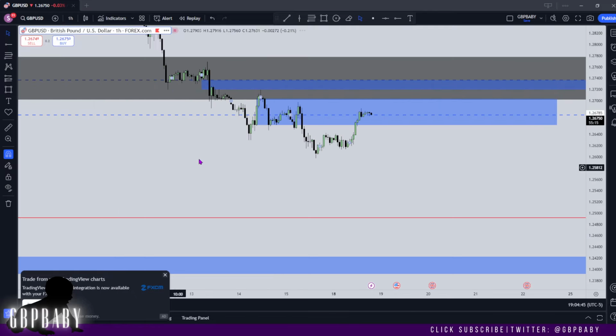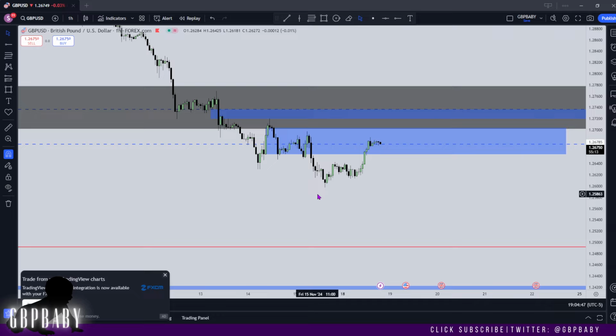So yeah, pound traded just as we expected this week. I am expecting us to rally a little bit more, maybe see a failure swing. And what I mean by that is that we might run out these highs, but then I want to see price fail and continue to trade on lower. That's what I want to see, because although we're moving higher and it looks like price could trade on higher,